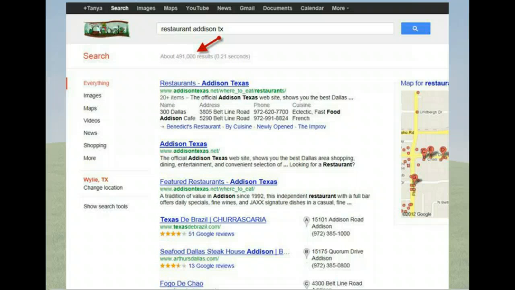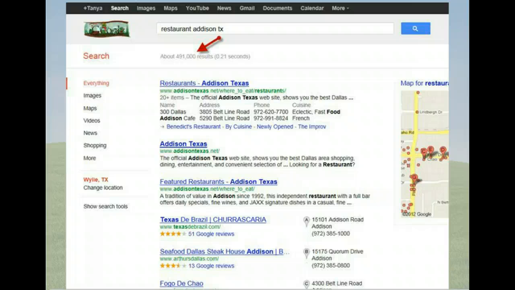When I type in restaurant, Addison, Texas, and I'm adding a geographic location, it's going to give me fewer results. Many of you may be familiar with this process of adding that local aspect to your results. See, it took it from over 1 billion to 491,000. That's okay, but that's still not fast enough.